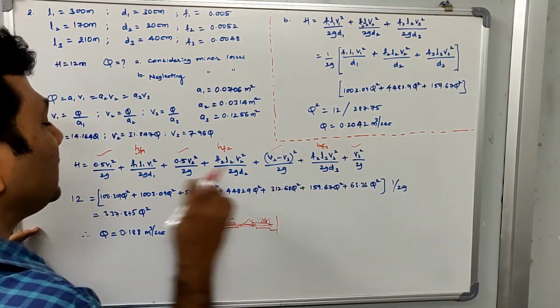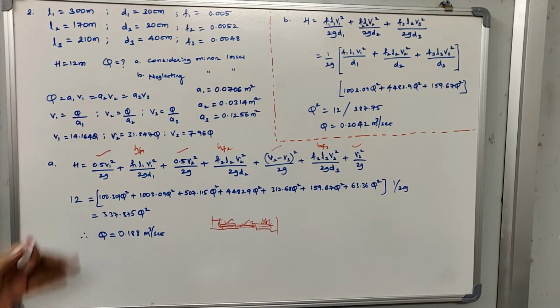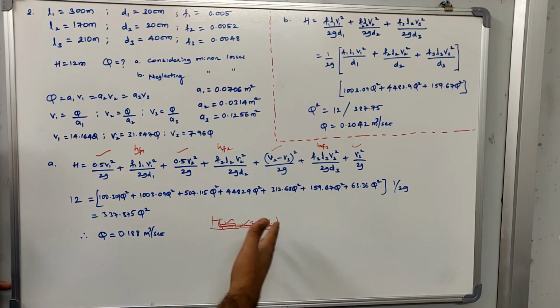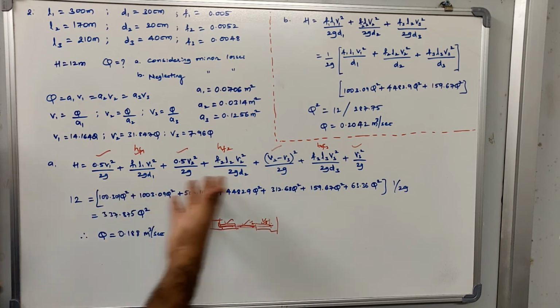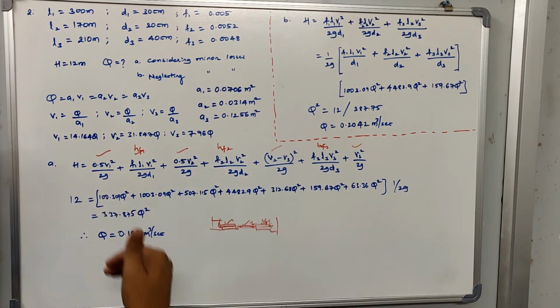So this completes considering all the head losses. In this equation we have considered both the losses due to minor conditions and the losses of major condition, which is head loss due to friction. Previously we understood that the difference of water level in the two tanks will be equivalent to the sum of all the losses that will take place. So this is the equation that I have written. From this equation I am going to calculate how much is the discharge.